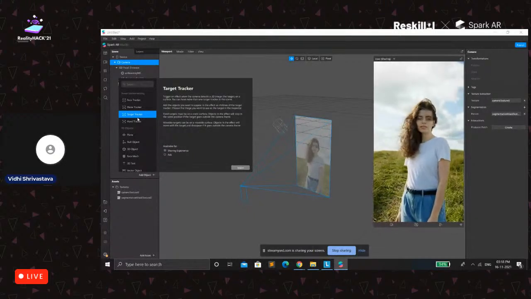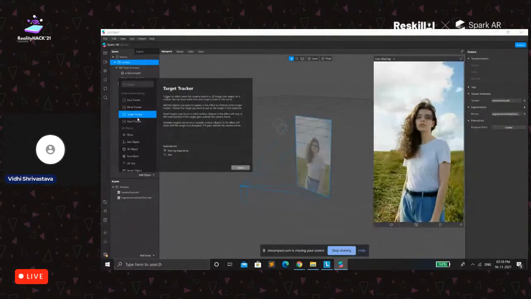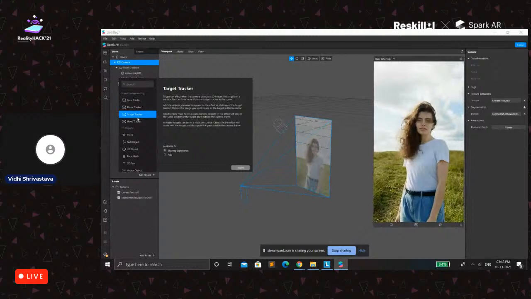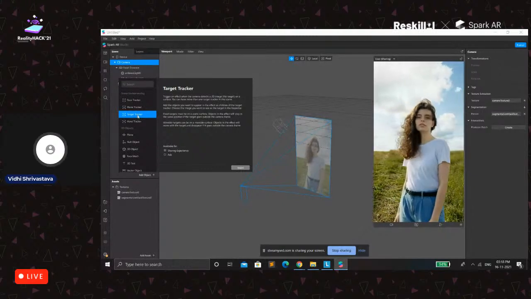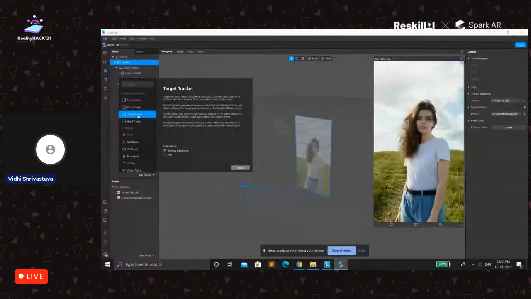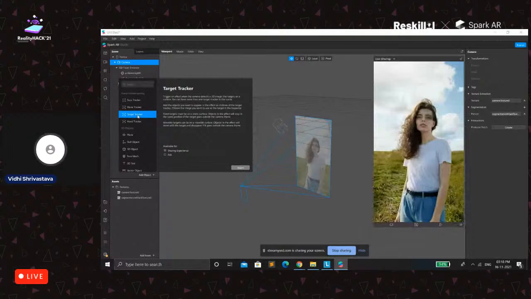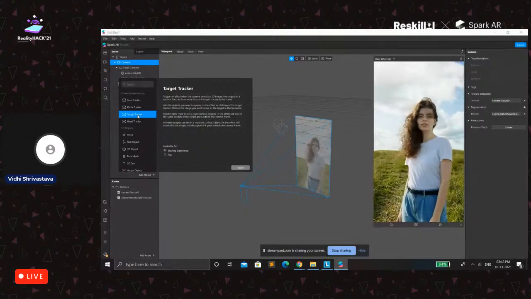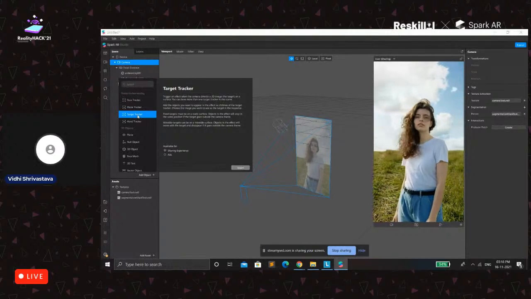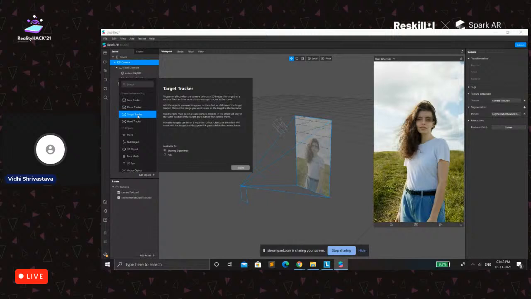Or you could see another example, like there is a chips company, Uncle Chips. What we do is we take the front image and make it a target. If a user just takes the device and scans that image, then two people could be fighting for that chips or something like that. So it is basically a marketing strategy for any company to promote their brands, so they can use target tracker.